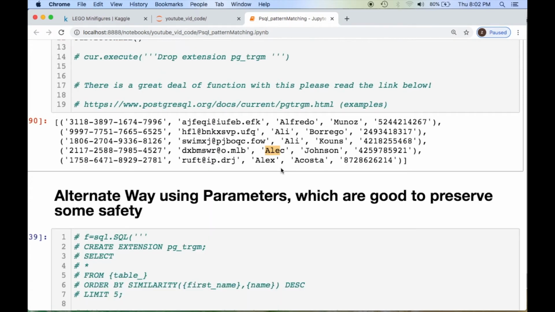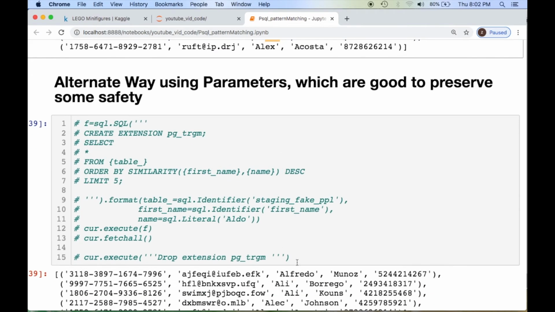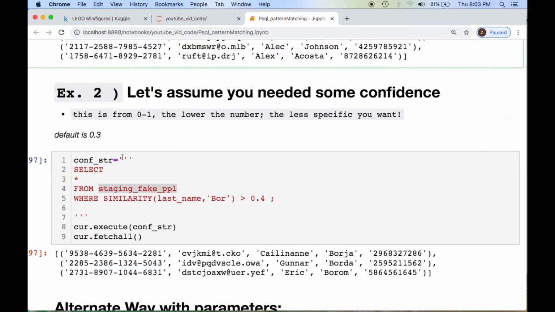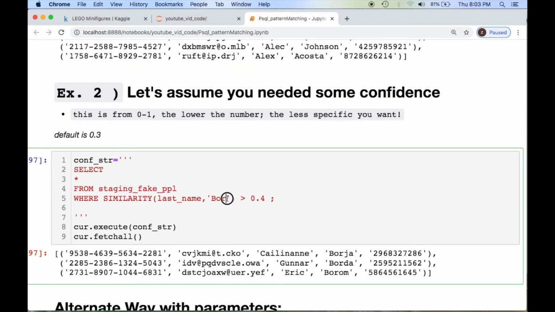Now, what about if we had parameters that we wanted to throw in doing the same exact thing, but letting you see what it looks like if you were actually inputting your table name, your column name, and then the name of interest that you had. We could run this the same with our SQL.SQL and throw in our formatting and do our column, which is the identifier. Our table and our column get identifier, and then the actual string name is just a literal, all right? We can do this little like confidence level basically of saying, all right, 0 to 1, how likely is it, these names that we're going to get are close enough to BOR for the last name, and the default value is 0.03. So the lower the number, the less specific it gets.